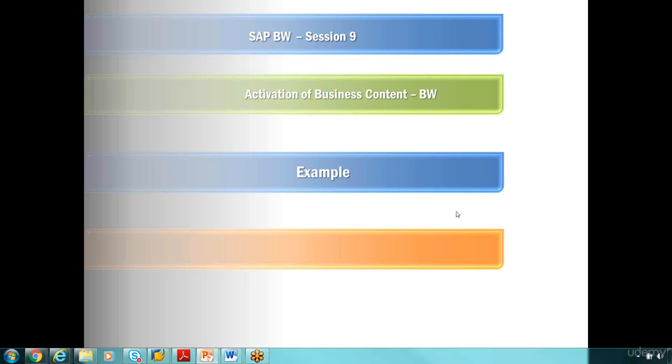So the reason for having SAP BW itself is that there is a lot of existing business content available in SAP. That's the reason SAP is very much on top of the niche applications compared to any other one, because for every industry they have generic objects available, and the only thing you have to do is